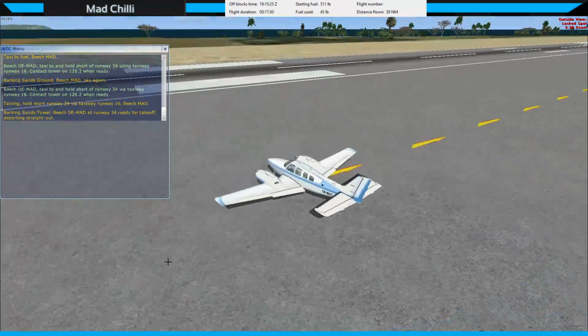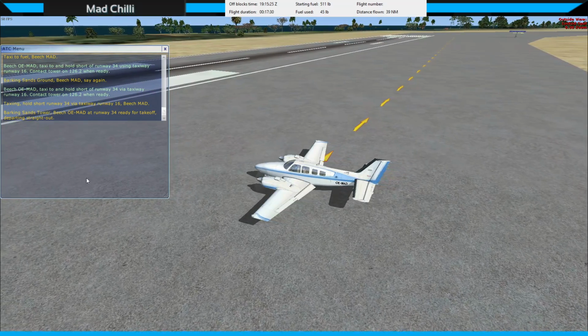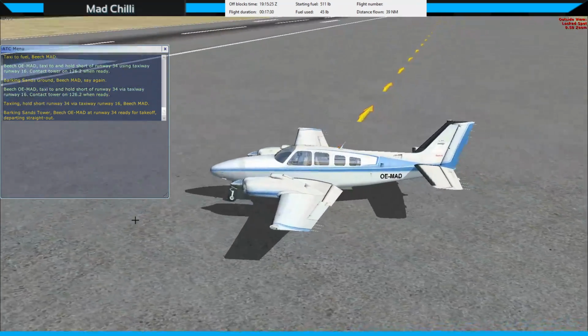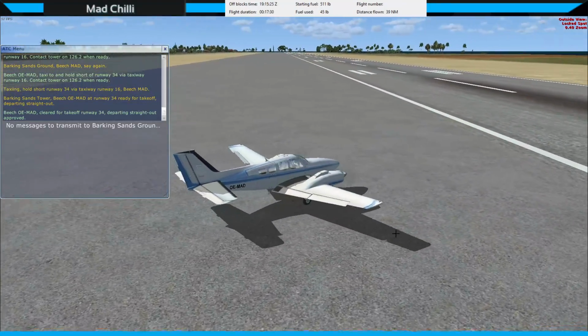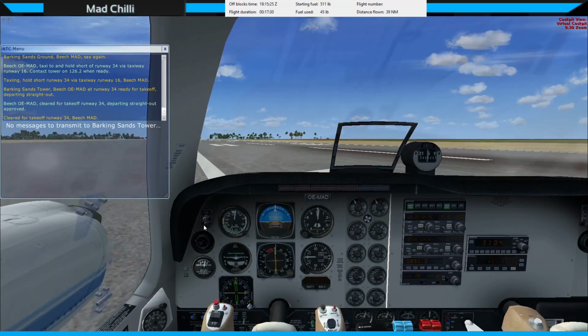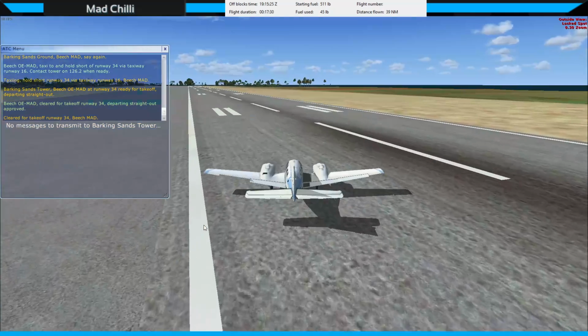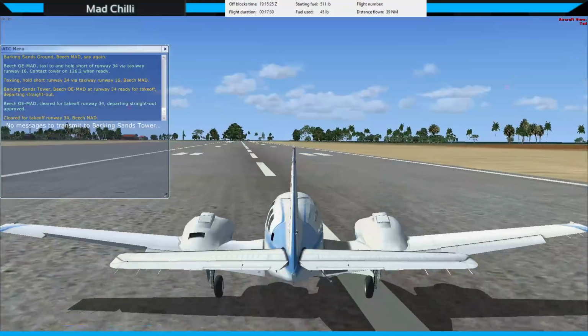so we're going to runway 34. It's got something wrong here. It's telling me to go over there, look. Something's been bugged out here. You may as well just take off on this runway, thinking about it. They're obviously okay with it. They just told me I could take off, so...